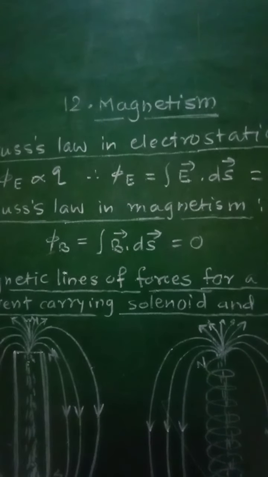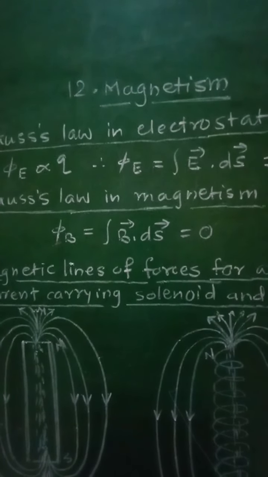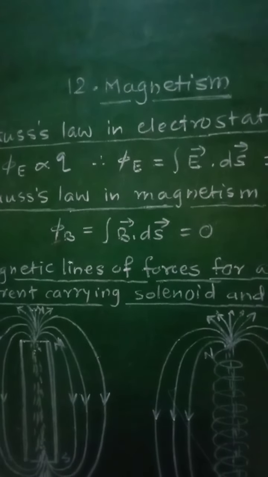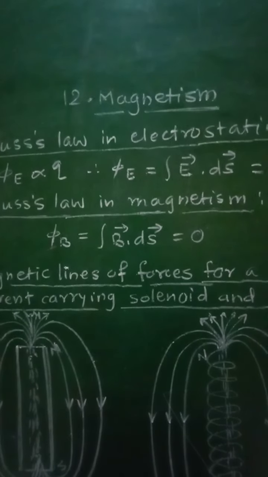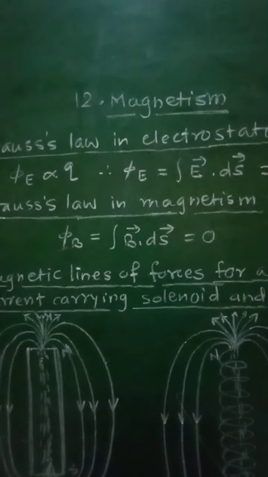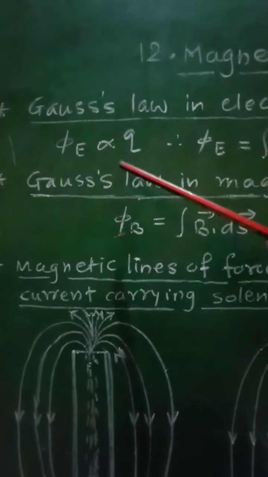If phi E represents the net electric flux passing through the Gaussian surface and Q represents the electric charge, then